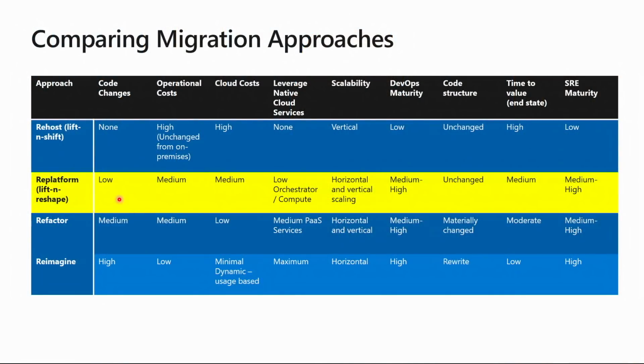First and foremost, the code is not changing in this approach. You're essentially containerizing this application. We'll talk about it more. Your operational costs can be lower because you're not paying for the entire VM. You're paying for the cluster, but you have this ability of more densely packing that cluster. So you can get a higher CPU utilization. You can start to take advantage of some cloud native capabilities. Your SRE maturity is higher because if your container dies for some reason, the orchestrator as a service now comes in and starts your application again.